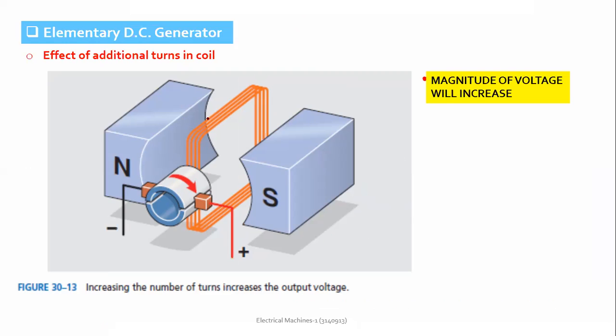There is only one coil here. Obviously, this coil has, let's say, 4 conductors, so here the number of turns is 4. But there is one coil only. Whereas here you see there are 2 commutator segments, 1 and 2. This coil's sides are connected to 1, and these coil sides are connected to 2.